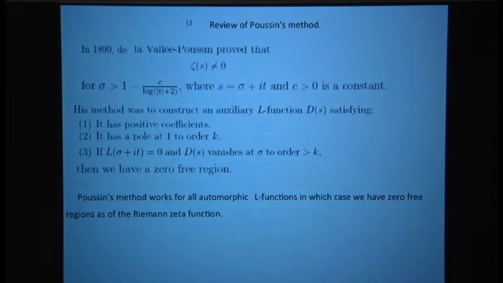So for all the automorphic L functions, we have a zero-free region, one minus c over log of the analytic conductor of the L function. And with this method, we can always find such a D of s satisfying those three conditions. So what about